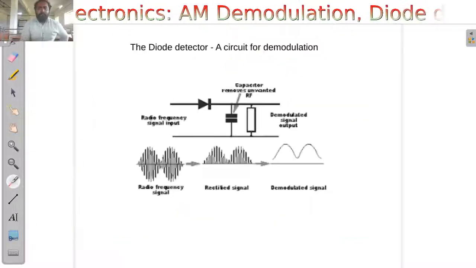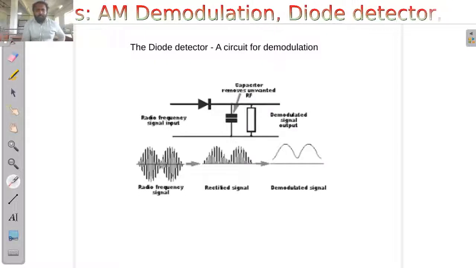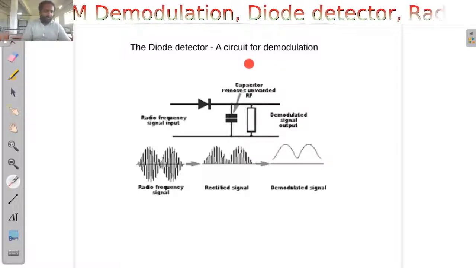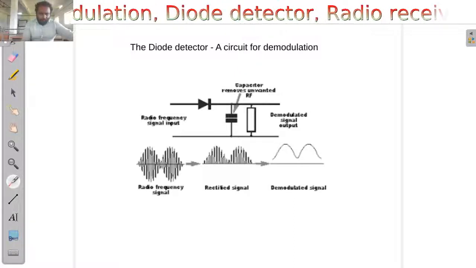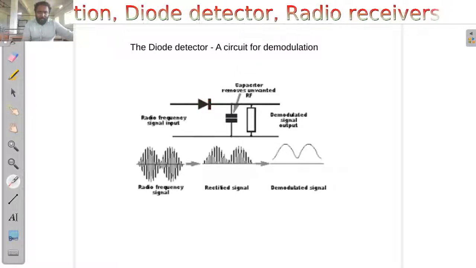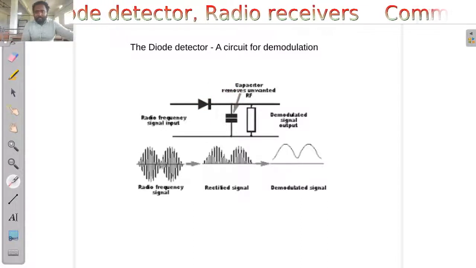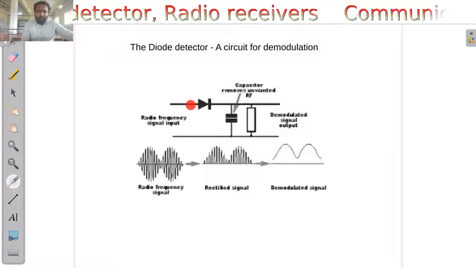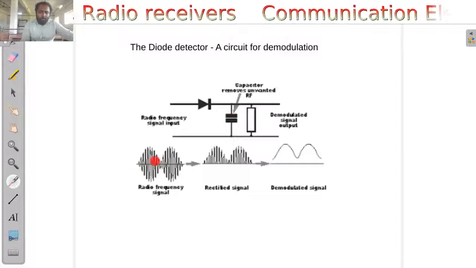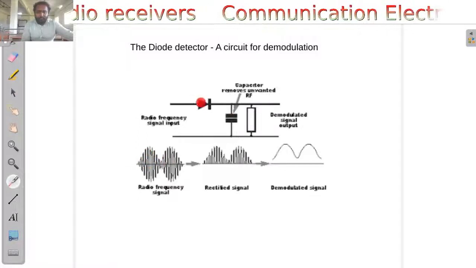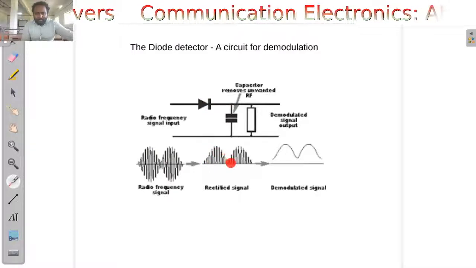Alright, we can now see a circuit called a diode detector. This is a circuit used for demodulating using a crude methodology, and what we do here is that we have a diode here, and the diode will be allowing the signal to pass through during the forward biased conditions, which means whenever this is at a positive potential, it will be conducting forward. So all the positive cycles will be allowed to go to the next stage. So here you can see it is a rectified signal.